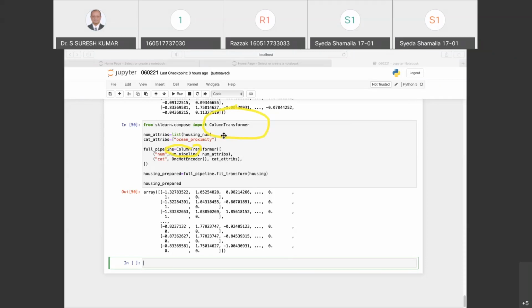What we have done is build a pre-processing pipeline that takes the full housing data and applies the appropriate transformation to each column. Now, if you are using anything earlier than scikit-learn 0.20, you can use a third-party library such as this. Pandas also provides a library, and you can roll out your own custom transformer to get the same functionality as this column transformer which we have used over here. Now, I would say we are at the right place where we can select and train a model.